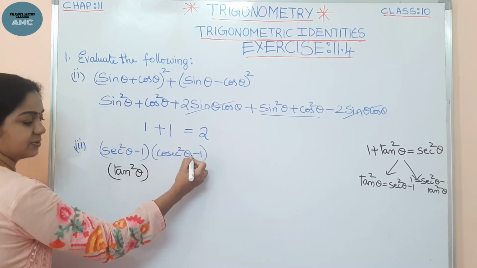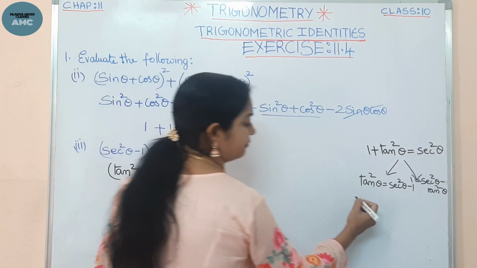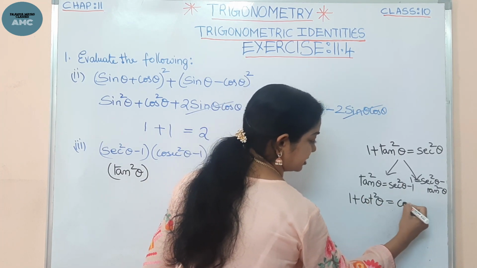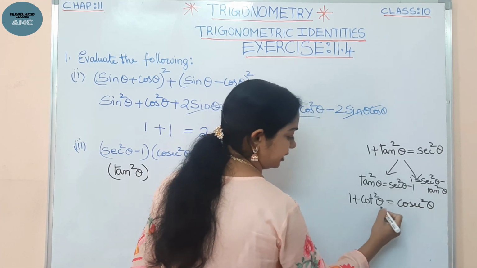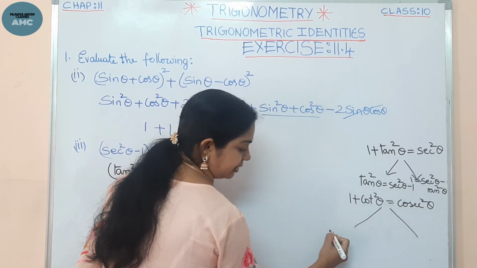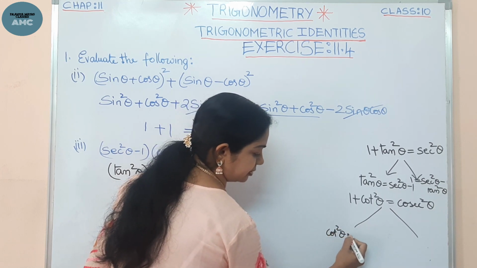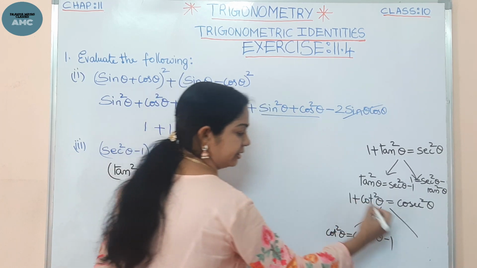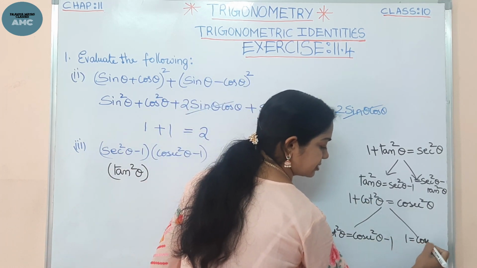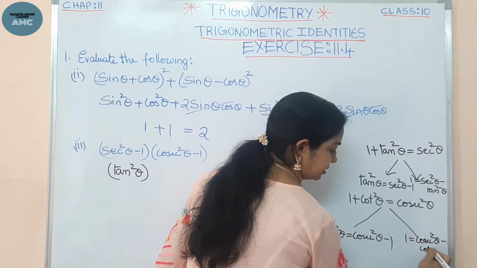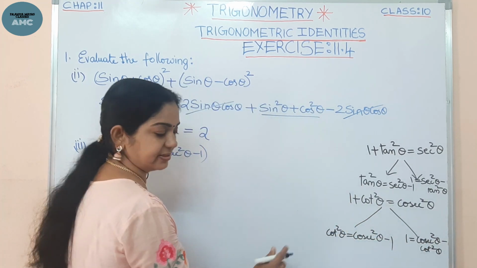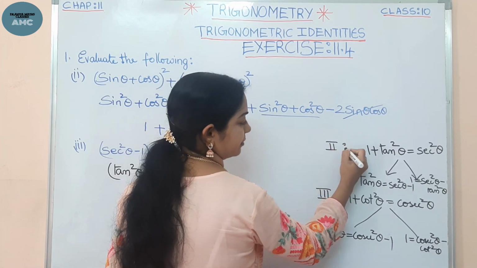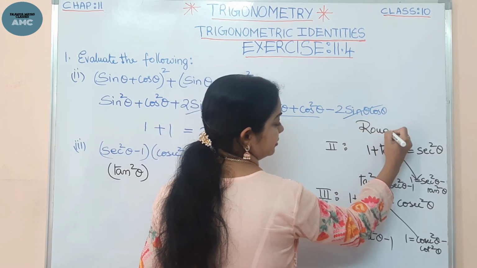Now, the same way, when cosecant is involved, we have to take the third identity, 1 plus cot square theta is equal to cosecant square theta. Here we can get two equations. We can write cot square if I want: cosecant square, and if I shift this, minus 1. Here also we can get 1 is equal to cosecant square theta minus cot square theta. So these are the equations reduced from the identity. This is the third identity, and this is the second identity. So this is a rough part.